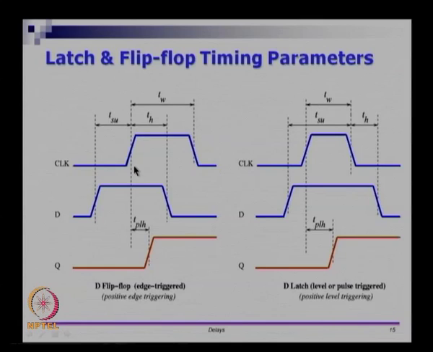So, if you want the input to be correctly sampled, there is a window in which you are opening it, a time period at which the input is supposed to be there, which you can sample. With respect to that, I want to define something called an opening edge and a closing edge. The opening edge for a flip flop is when the clock comes in, the opening transition is when the clock goes up, the input must already be available,